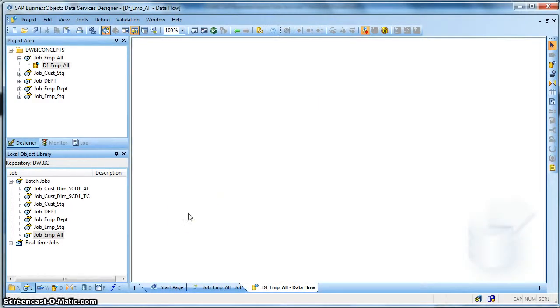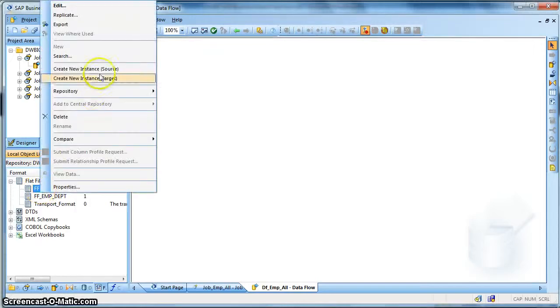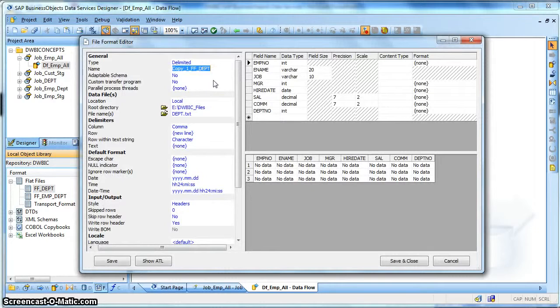Now we need a template file format so that we can bring the data inside the files to our data flow. So we go to the Formats tab and click on File Formats. We already have a file format definition in place. This is how our file format looks, having the particular field names and the corresponding data types. So we can reuse it. Let's create a copy of this one. Right click and replicate. Let's name it ff_emp_all,